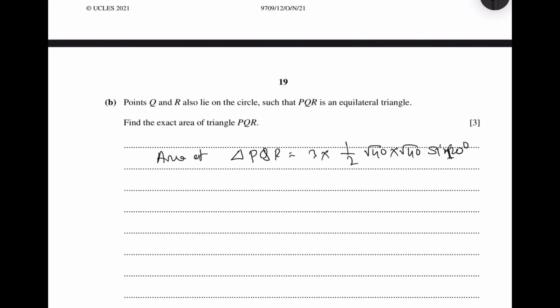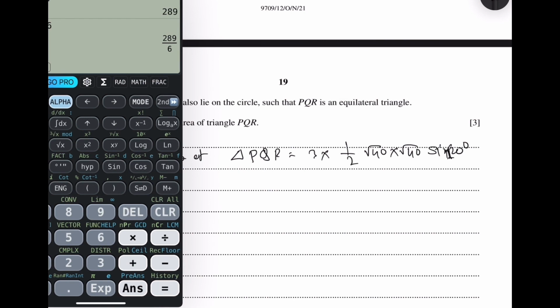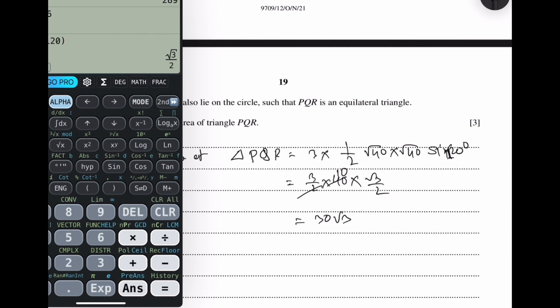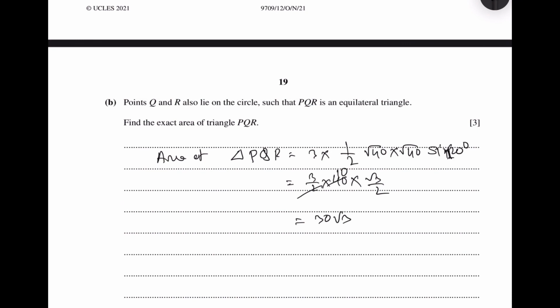This is 120 sine 120, obviously. Now let us do calculation. So there is 3 by 2, then 40, so sine 120, it must be in degree mode. So sine 120 equals to root 3 by 2, then 10, so 30 root 3. So this is the area of this shape,